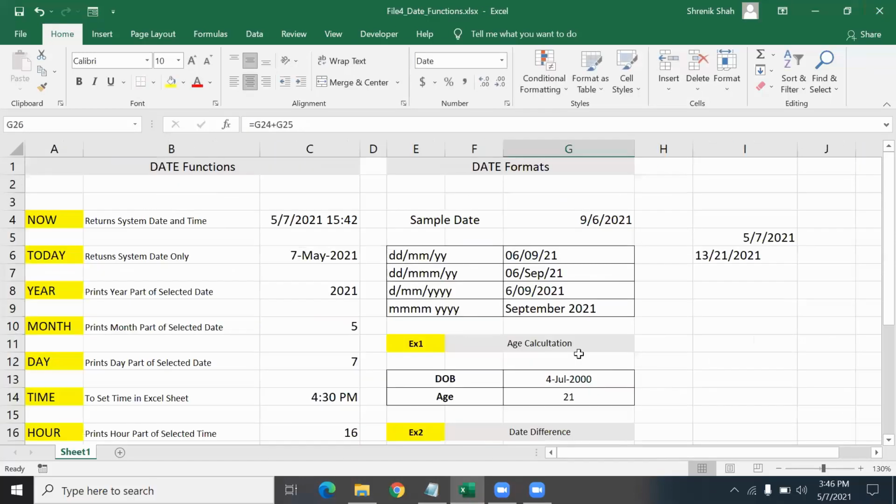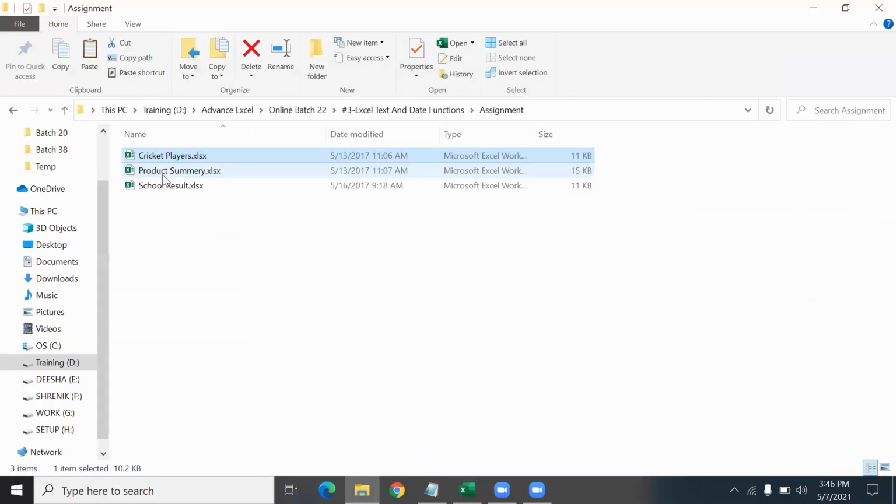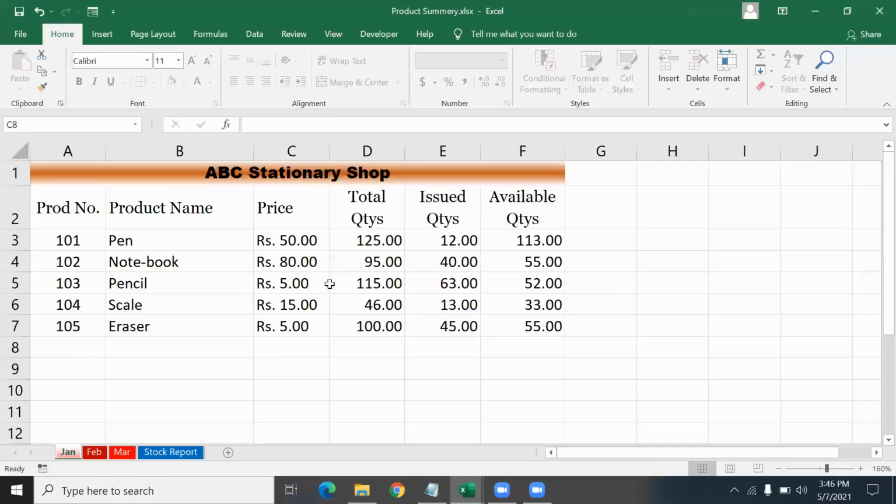Another assignment I open here is the product summary assignment. In the product summary assignment, you prepare a total of 4 worksheets. The first worksheet is the ABC stationery shop where you prepare 5 products: product number, product name, price, total quantities, issued quantities, and available quantities. So here you are given 101, 102, 103, 104, 105, these are the product numbers, then the product name.